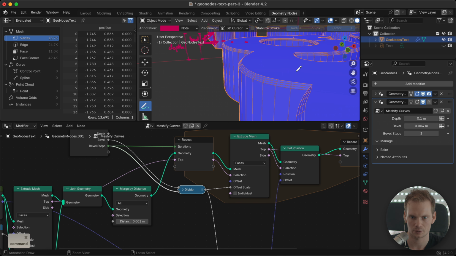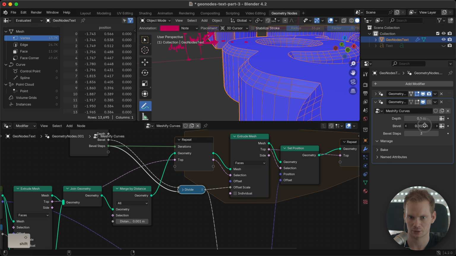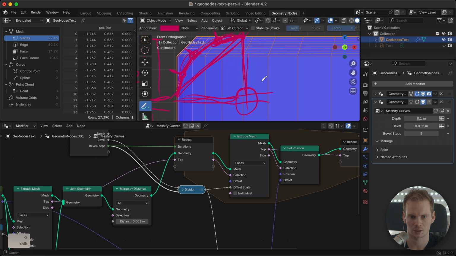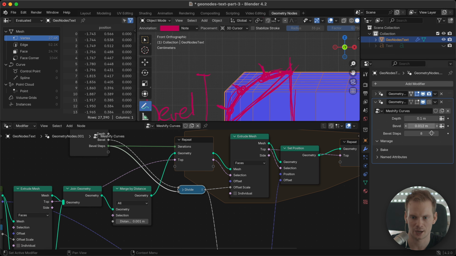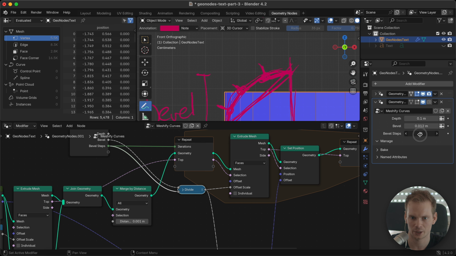And now we have a lot less bevel, so we can increase that a little bit. And now we can increase our steps an arbitrary amount, and the bevel doesn't really change, but we just increase the amount of steps. And that might already be useful. Still keeping it at this 45 degree angle might already be a nice feature to have. And the only thing where it breaks is when you set the steps to 0, our total depth is not 0.1 anymore.